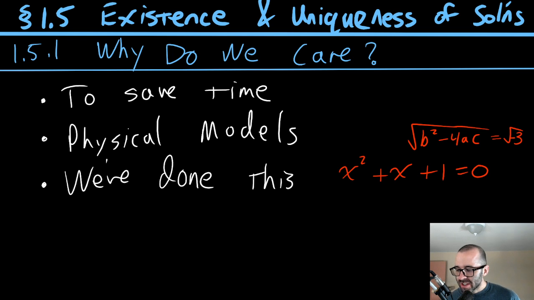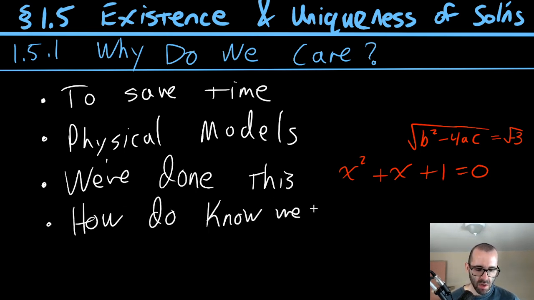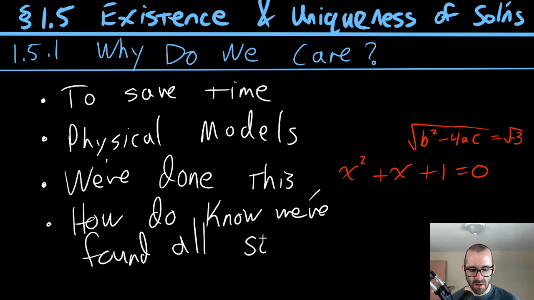The last thing I want to talk about in this video is, for uniqueness, how do we know we found all the solutions? If we know that the solution is unique, then we're done. We don't have to try to find all the solutions. If we don't know the solution is unique, then we have more headaches. It's like, well, I found one solution. Are there more? I don't know. But our uniqueness theorem is going to make that a lot easier for us. We're going to say, yeah, I found a solution, that's the only one, so we are done.